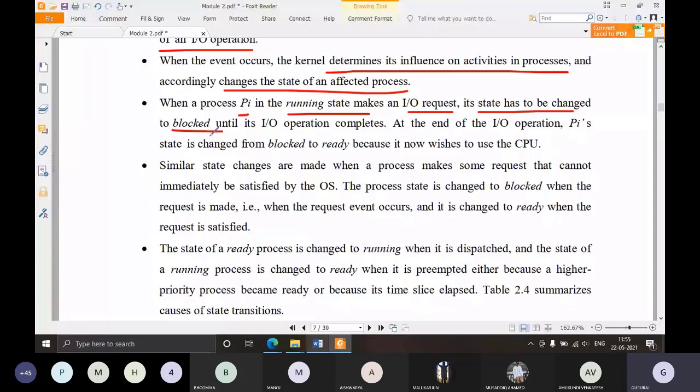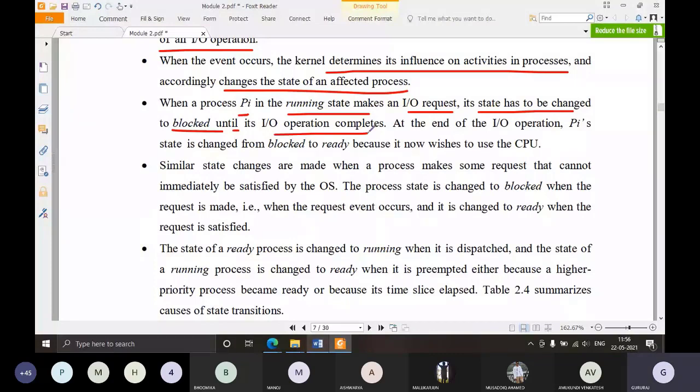That event can be an IO event. So a process in running state is given the CPU and is executing instructions. If it requests an IO event, then immediately that process state will be switched to blocked until that IO operation